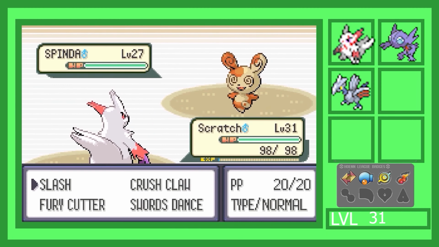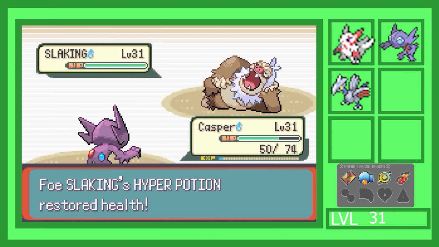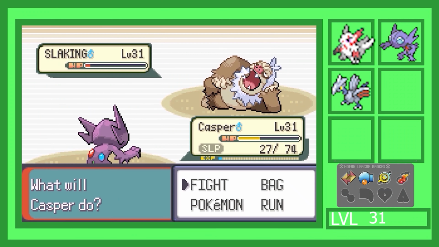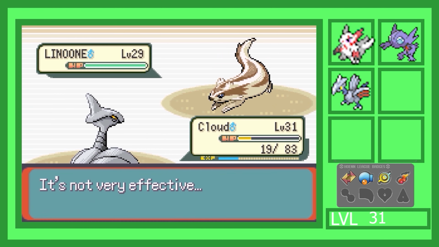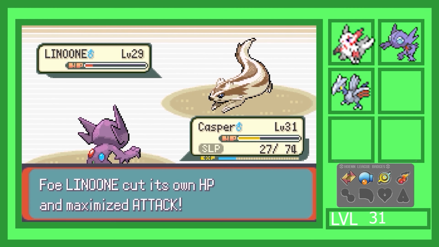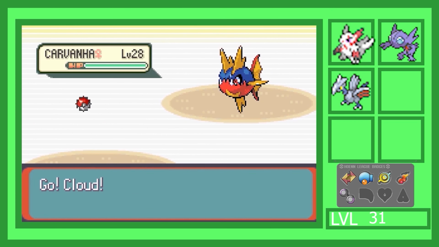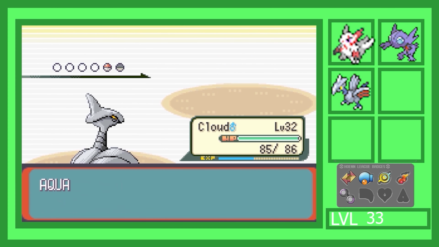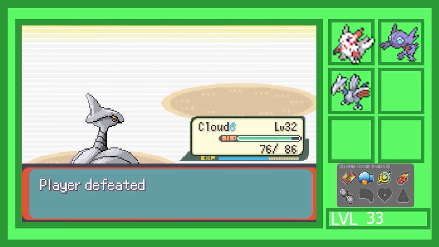So we get Cloud, we train it up, then we go right to Norman, who we do a Rock Smash with Casper strategy. It sort of works, but then they start using Yawn, which puts our Pokemon to sleep. We had a lot of close calls. Scratch got on 3 HP, but pulled through. Then we went to the Weather Institute and took down the Mighty Anna with some air cutters,